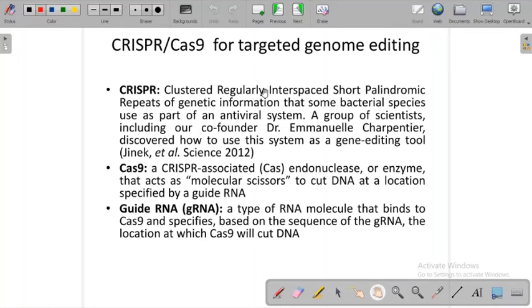Okay, now the other technique that we need to see is the CRISPR-Cas9 technique. Now what is CRISPR? It was discovered recently by Dr. Doudna and Dr. Charpentier, these two great ladies, and currently we also know that it has lots of applications in current science. Might be because of CRISPR-Cas9